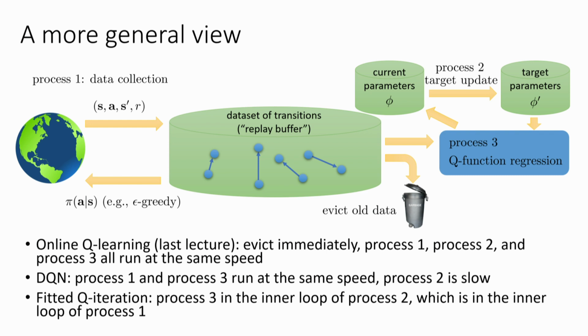All right. Does anybody have any questions about this? Yes? So if you're just evicting the oldest thing, what if you were exploring more in the beginning? The question is, I said we should evict the oldest thing, but what if you had some really good exploration policy in the beginning, and now towards the end you're mostly just exploiting and not really visiting diverse states? Maybe you should actually keep some of that older data.